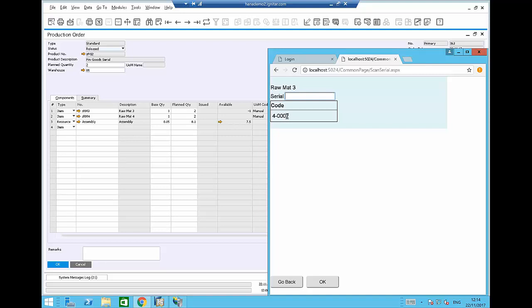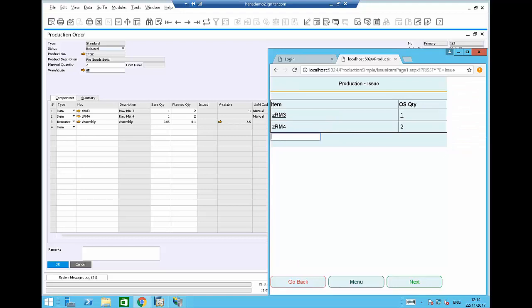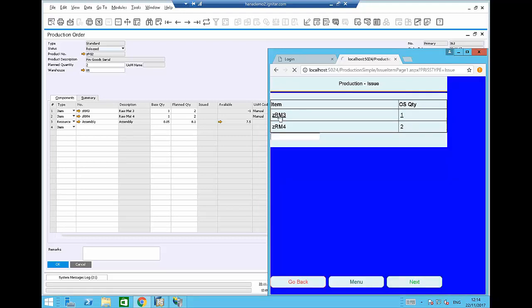In this case it's picked this particular serial number, which is the first one that it's found, and I can accept that or change that at this point. So I'll say OK. So that's the first unit issued. You can see now that I have 1 here as still outstanding, so I would like to go and issue